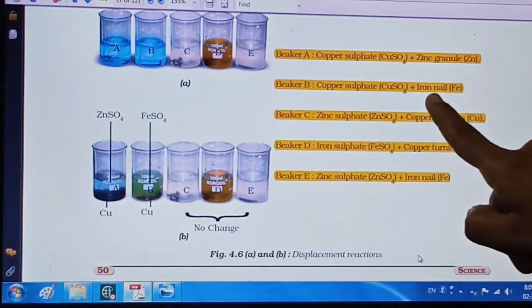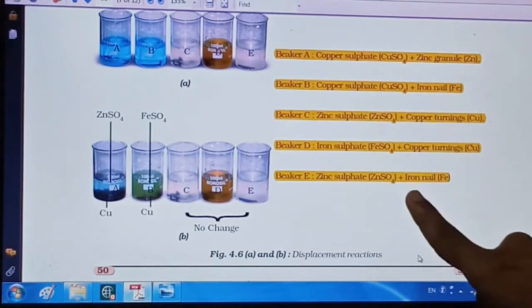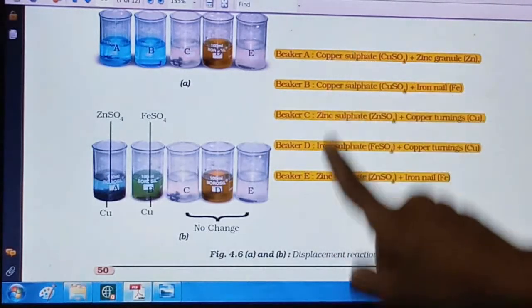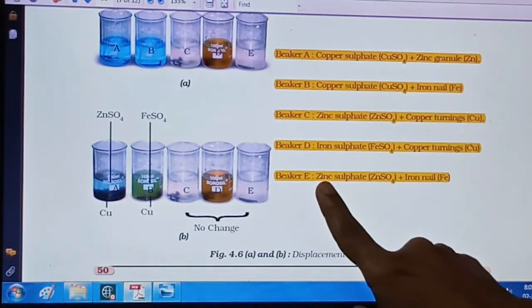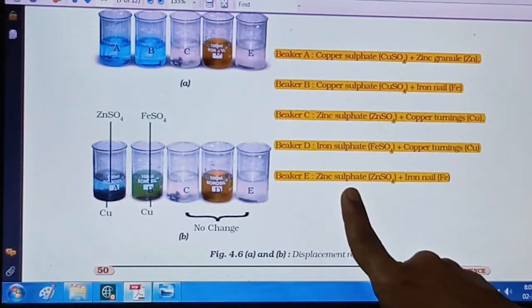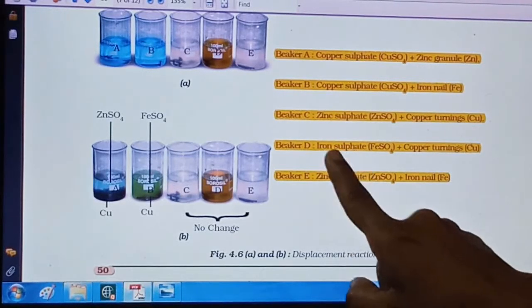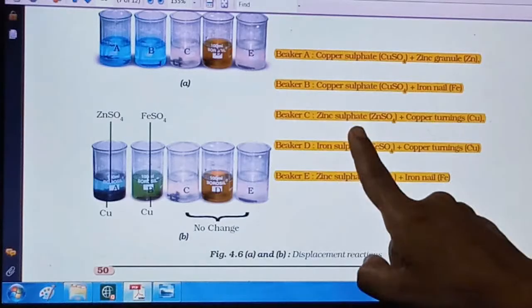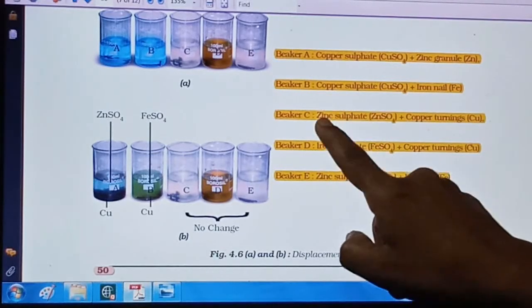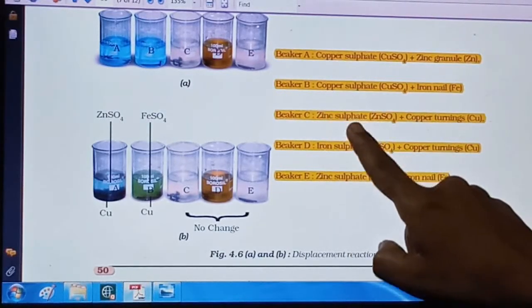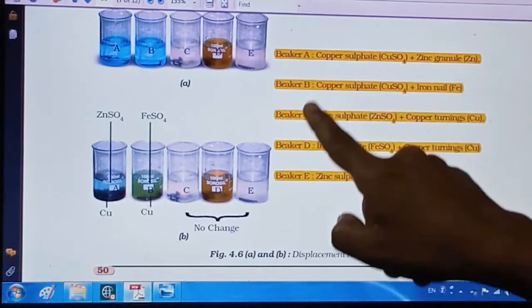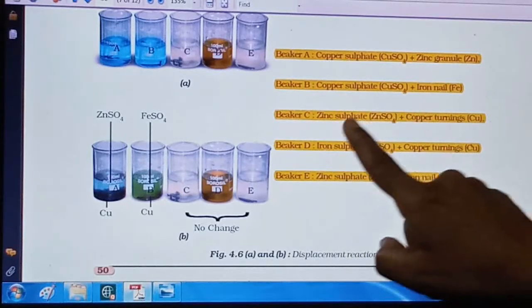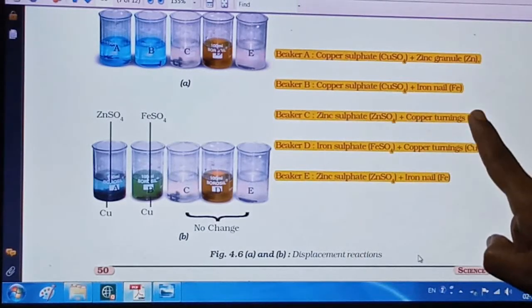Here only zinc is there, only iron is there, only copper is there, and only iron here as well. But on this side, they are in the form of combinations, right? In the group, zinc with sulfate, so zinc sulfate is there. Iron sulfate in combination is there. So here one metal is with another molecule, another group. So they have a compound over here, and along with this compound we have pure metal.